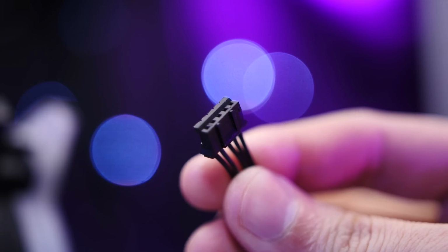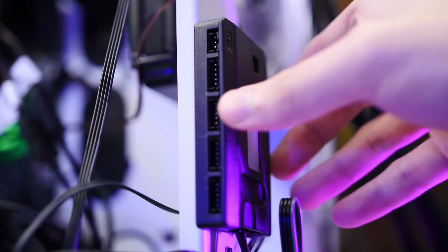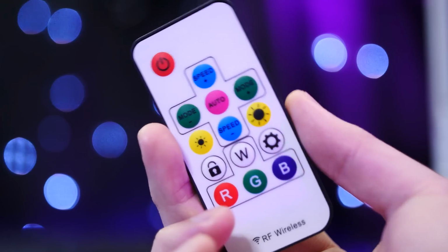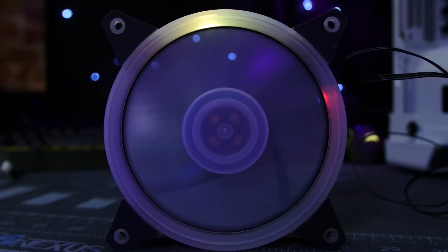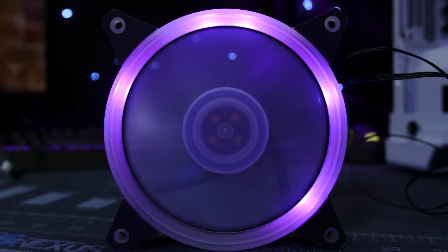Out of the fan, you get a 5-pin proprietary cable that connects to the included control box, which mounts to your case magnetically. It's powered via SATA and supports up to 8 fans and 2 LED strips. The effects are changed with the included RF remote, giving you this kind of stack effect where LEDs are lit up sequentially over time, allowing for speed and color control, a similar effect with the LEDs approaching from both sides,